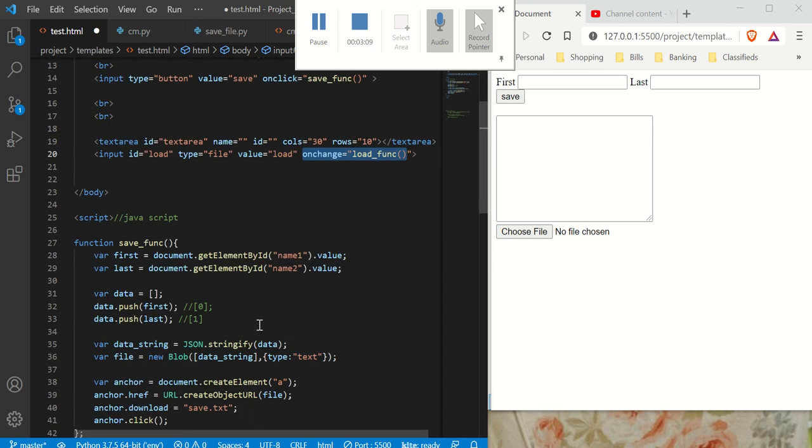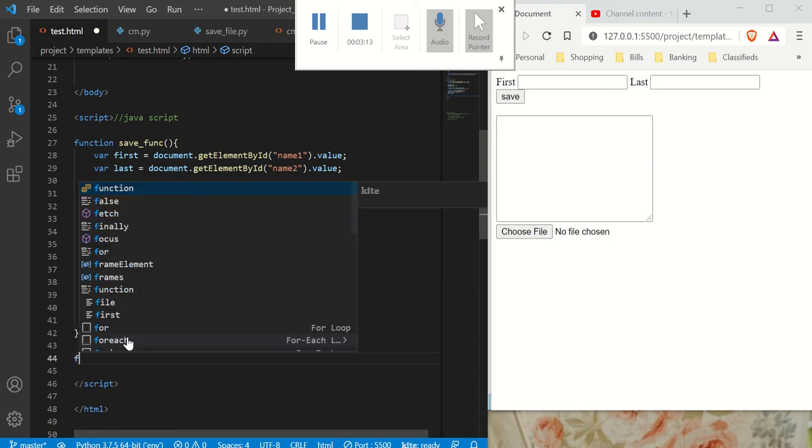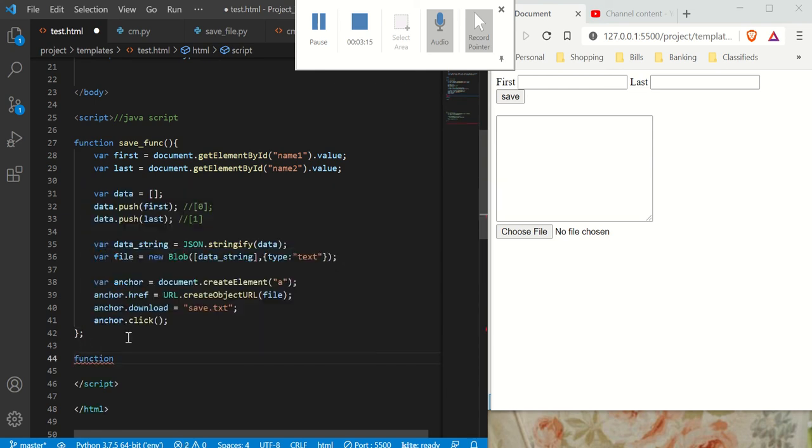So now let's make our function. This is our save function here. We're going to make a load function. We're going to call it function, and we called it load_func. And on top here, we need to target